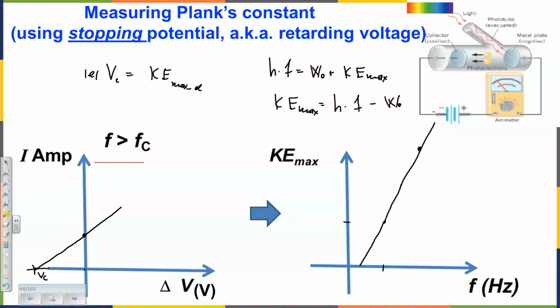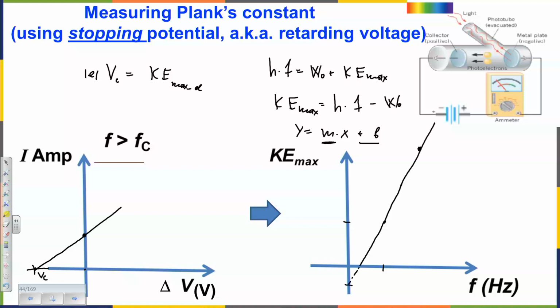And this actually looks exactly like an old-fashioned linear equation. How do we call this coefficient? Slope. Thank you. So this graph tells us exactly how to calculate work function, because if we go like